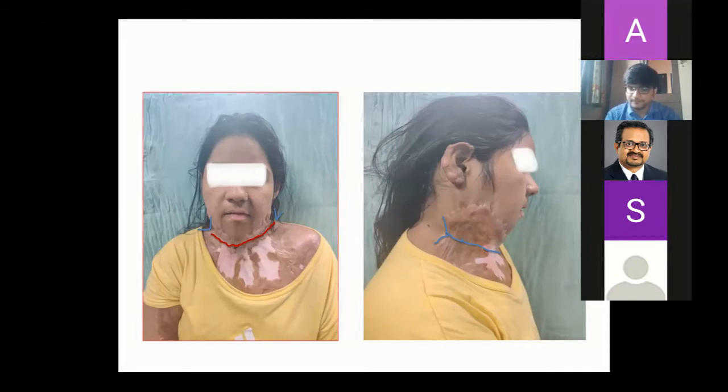So usually the linear scars and other things we can get away with Z-plasty or some local adjustments.